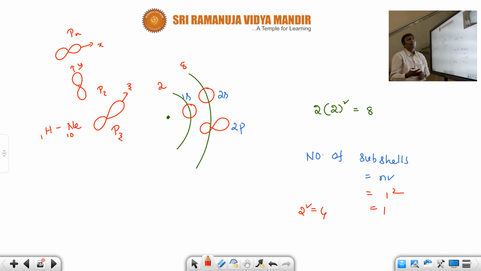In the second floor, there is one spherical room and three double dumbbell shape rooms. One room is projected along x-axis, that is north, for example. Another room is projected along west, another along east. So 3 directions, so 3 rooms are there. In the second floor, one type of room is a single room, that is the s orbital. And there are 3 more rooms, let's take deluxe rooms. Those are p orbitals. I hope you understood now.